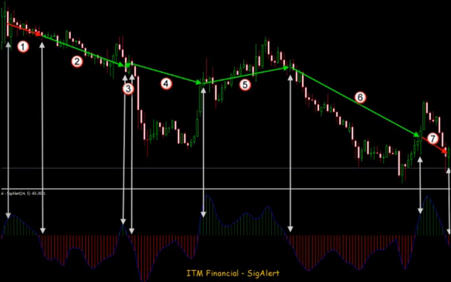We are looking at Euro-US dollar foreign exchange trading in a 30-minute time interval. As you can see, there were a few days, this was February 14th to 17th, 2012, with quite some up and down movements here. Down and up again. Without being too volatile, and therefore a perfect scenario to illustrate how our ITM Financial Forex SigAlert indicator could be